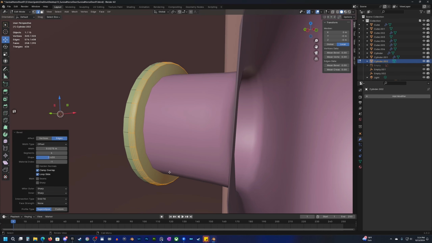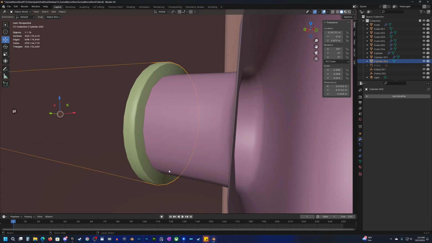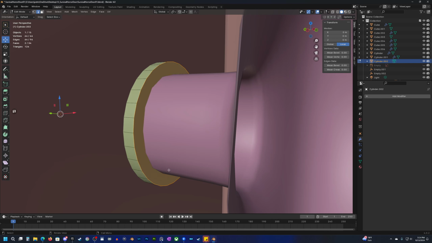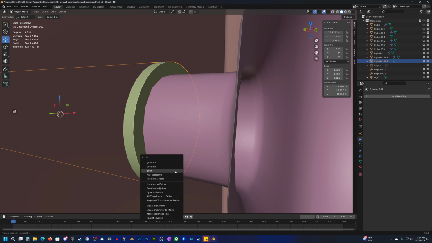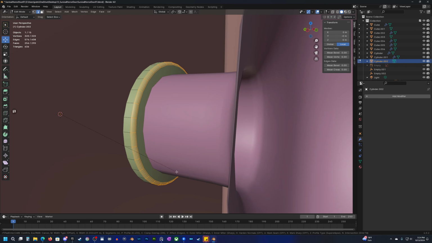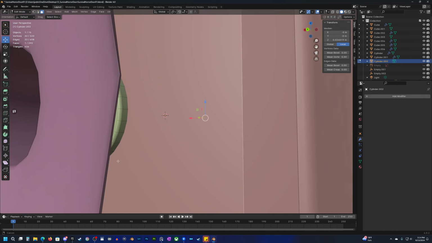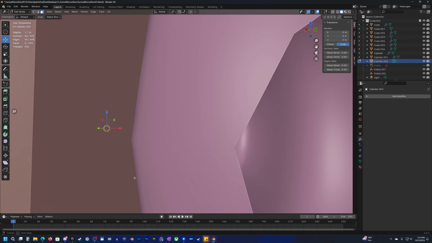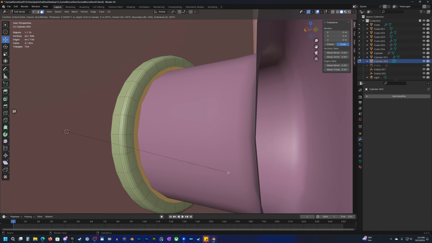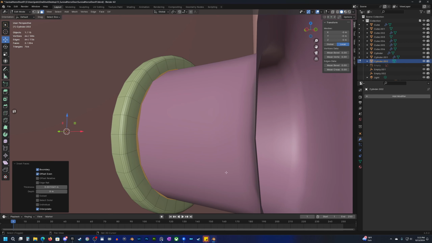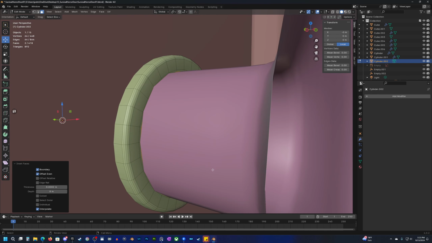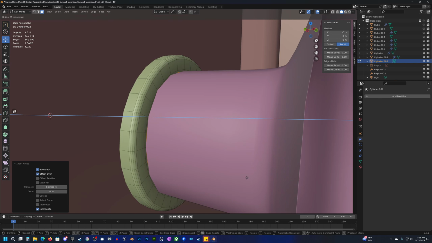And then we could, oh, I didn't scale that. That's why it didn't really bevel correctly. There we go. And then I could mirror this, but this is pretty quick. Just inset this to around there maybe, and then inset one more time, and then extrude S, Y,